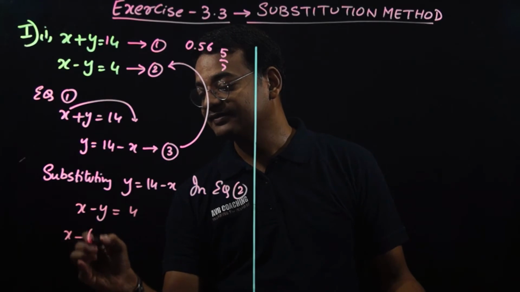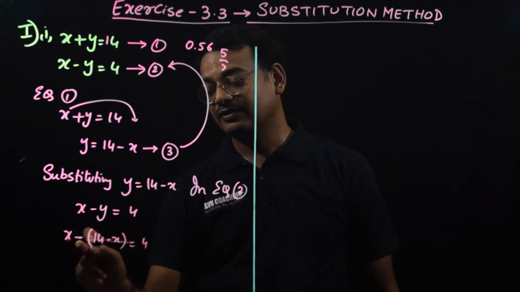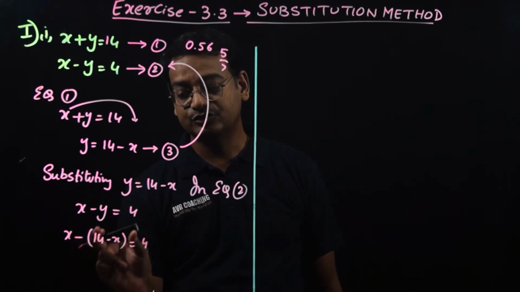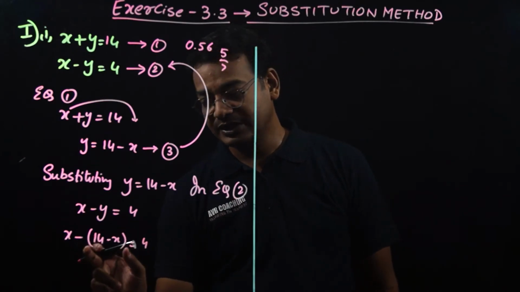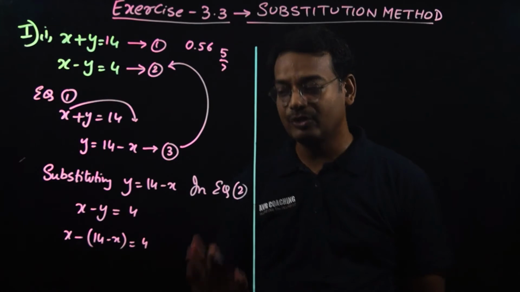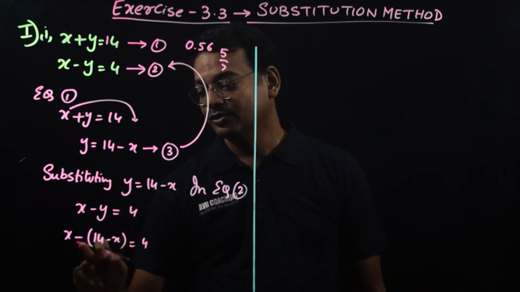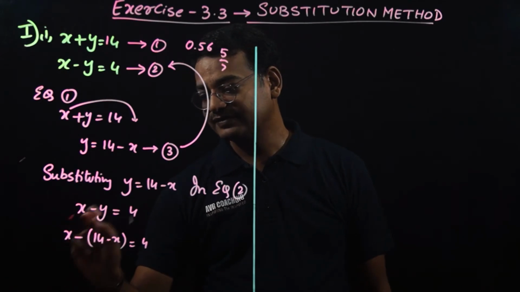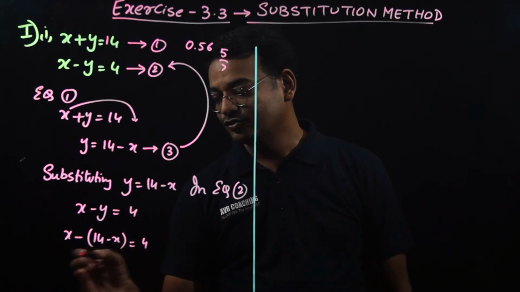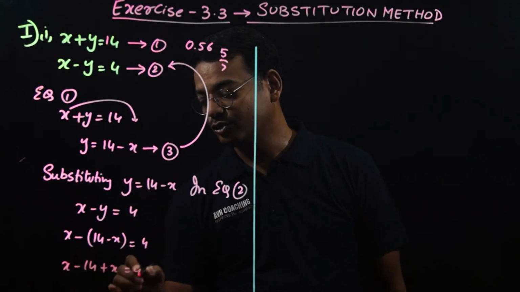So for y we put 14 minus x, and because after the negative sign we have two values, I am putting it in brackets. That should be done, because if you do not, you will end up taking wrong signs and your answer will be wrong. So be very careful when dealing with negative signs. So x is x, minus is minus, but the y value we are taking is 14 minus x. When you open the bracket, it will be plus x is equal to 4,